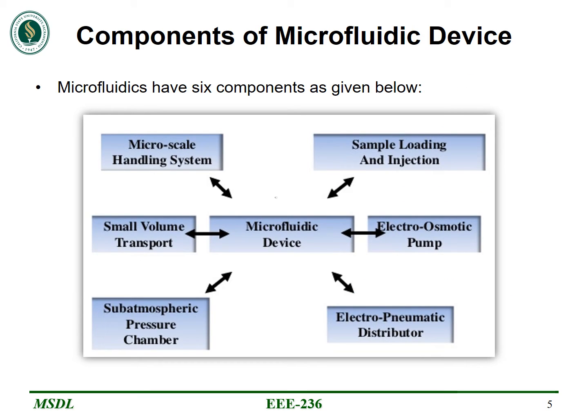The main components of microfluidic devices. It consists of 6 components, namely microscale handling system, small volume transport system, subatmospheric pressure chamber system, sample loading and injection system, electro-osmotic pumping system, which is the very efficient one, which we will discuss in the next slides,